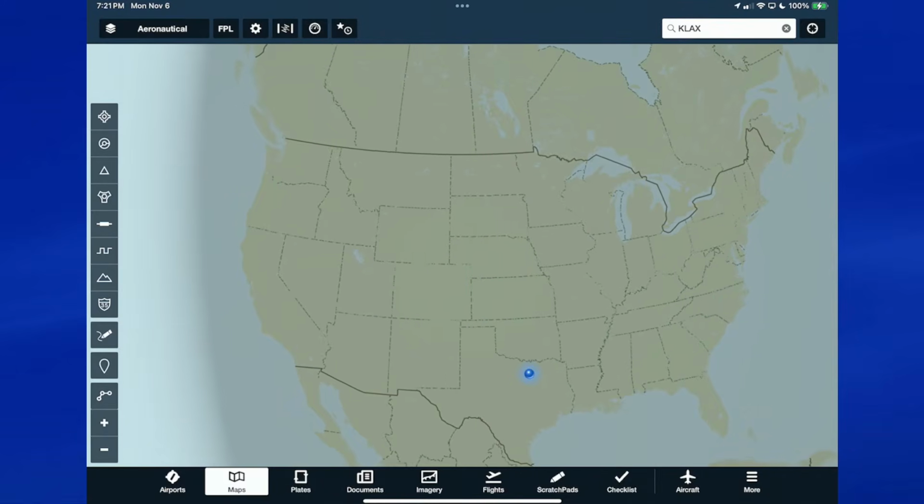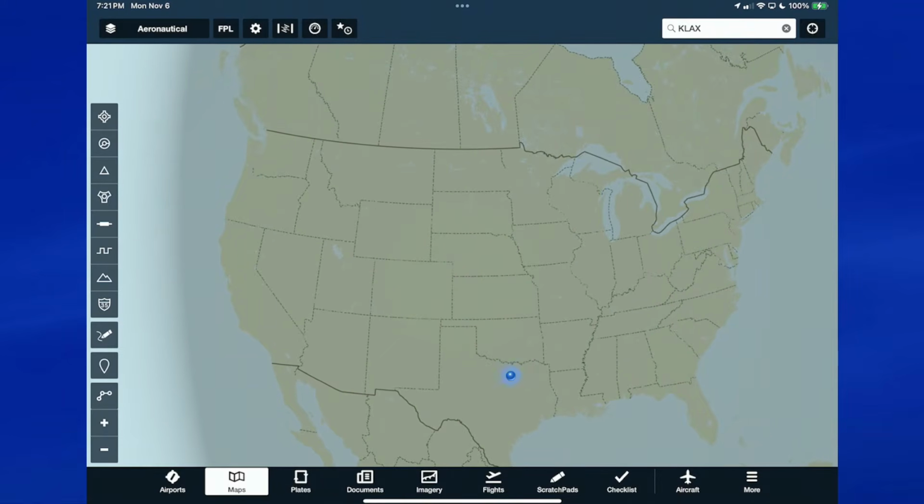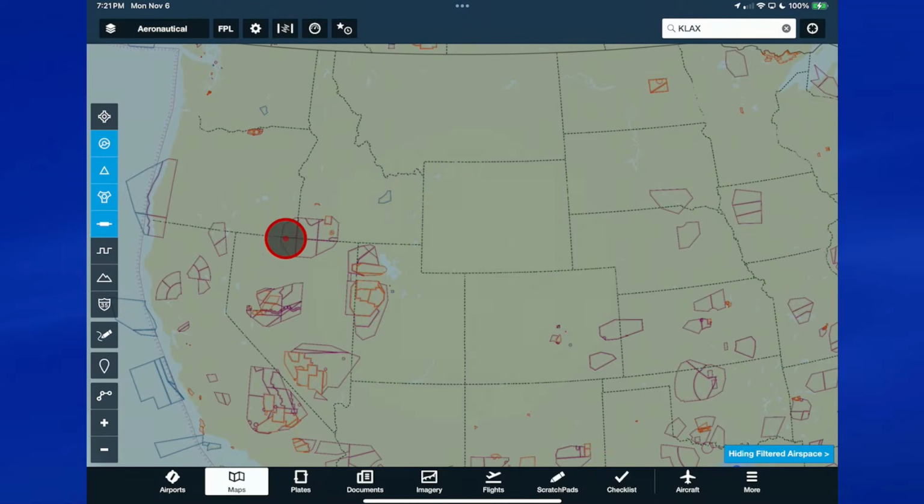So for today's flight, I've got it started out in the aeronautical map, and I have these filters shown on the screen. See these filter buttons right here. I have them turned off for a reason, but you can see I can select these filters and they'll start showing up on the chart as I select and deselect them. But right now I've got them all deselected.